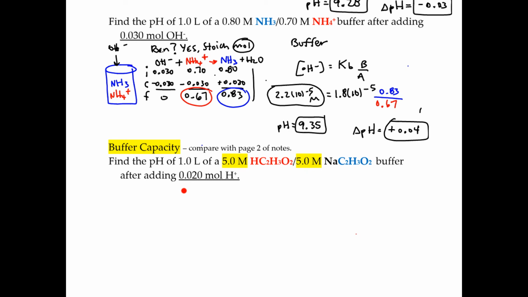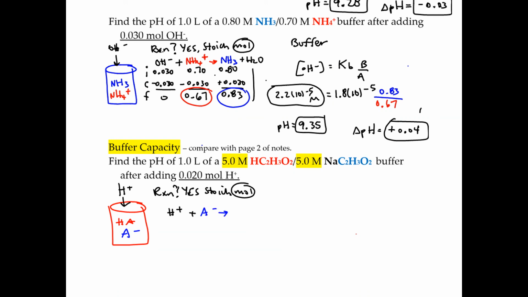Okay, so let's do the same thing again. We have an acetic acid buffer. So we could just write here HA and A minus to make our lives a little bit easier. We're going to add H plus to this. We ask ourselves, is there a reaction? The answer is yes, stoich in moles. So we write the stoich in mole reaction. The H plus is going to find the base part of the buffer, and it's going to react to form back the HA. We're going to do an ICF chart,